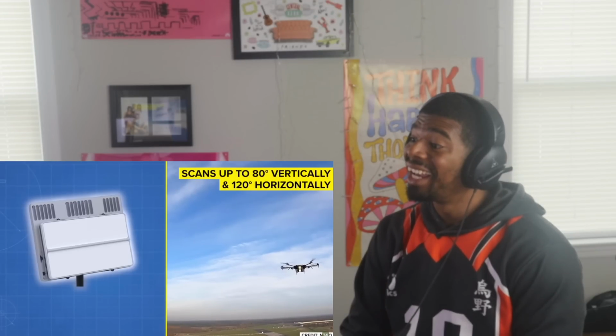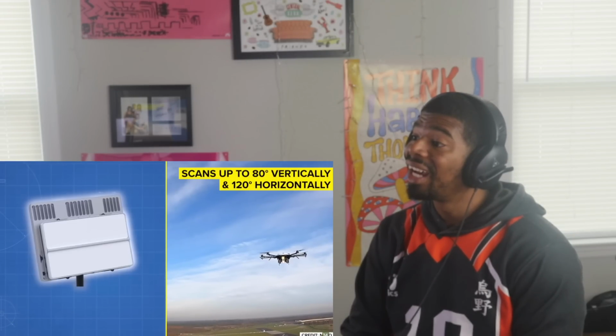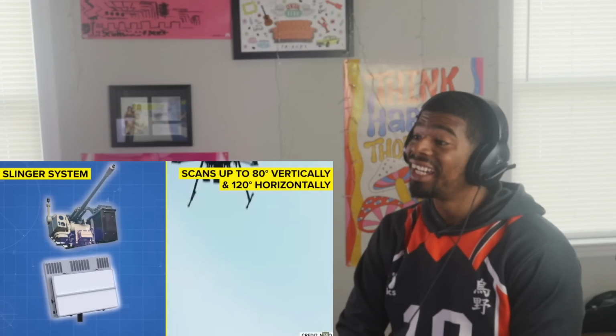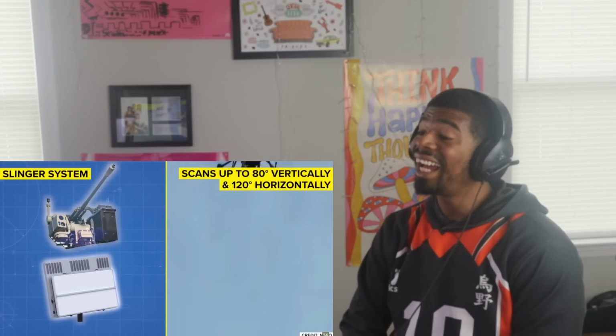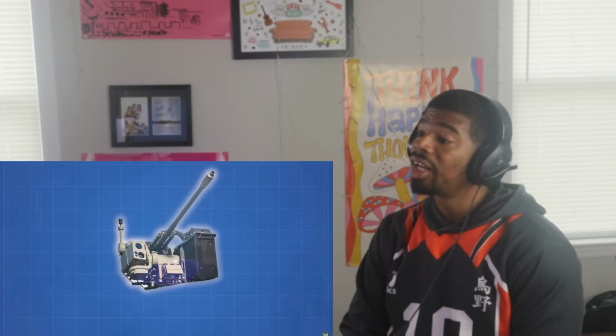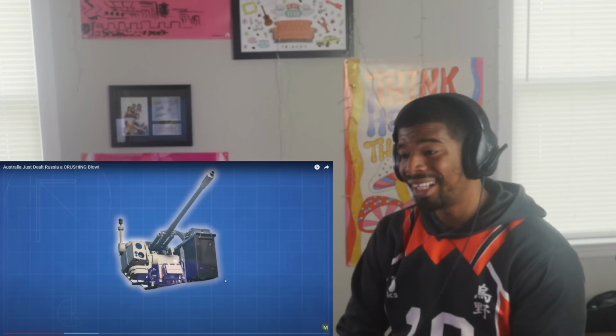Another great feature of this radar is its field of view, with the ability to scan up to 80 degrees high in the air with a 120-degree cross-section. The EchoGuard radar can provide more than enough coverage for the Slinger's own field of view, which is up to 70 degrees straight up and 10 degrees down. But how does the gun stay on target when shooting from a